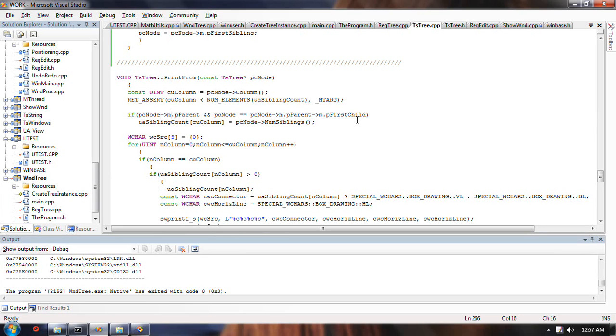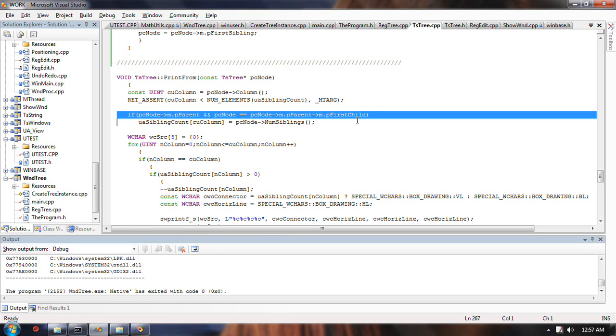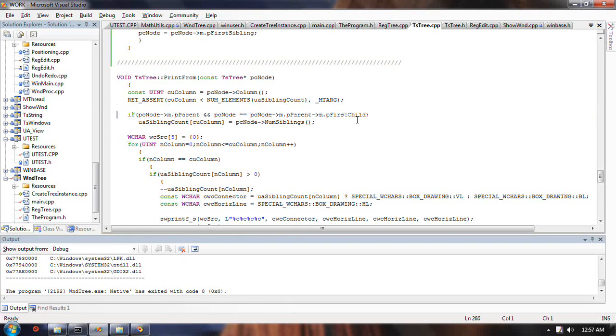If there is a parent, right, yeah, okay. Sorry, this statement says that this node happens to be the first child of the parent, right? If the node is equal to the parent's first child, okay, then